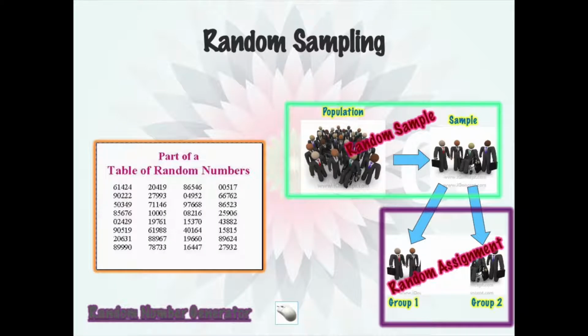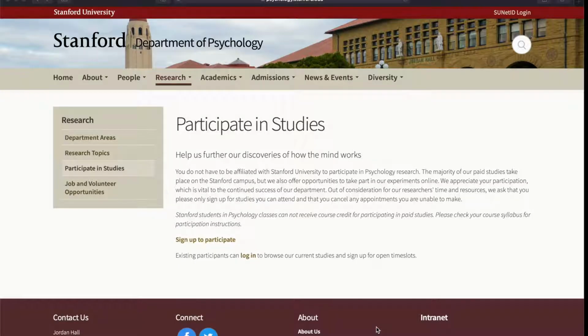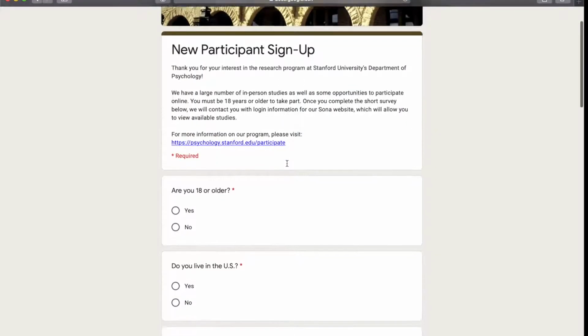So one way that you can kind of attempt to rectify that is by creating your own pool of people that are willing to participate in psychology research. So Stanford University does something like this. So I wanted to show you their website for research participation in the psychology department. And so they allow anybody to participate in their research. You can just come here to this website, click on sign up to participate,